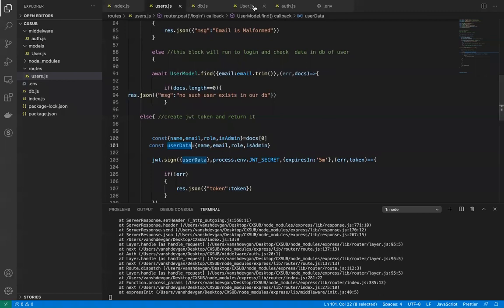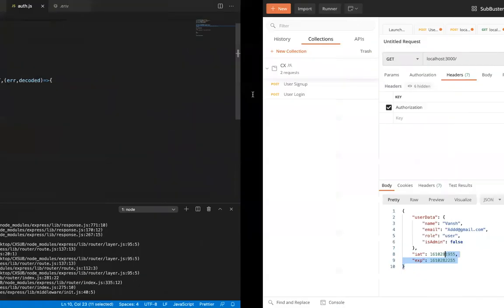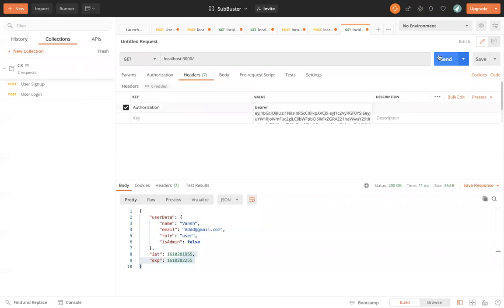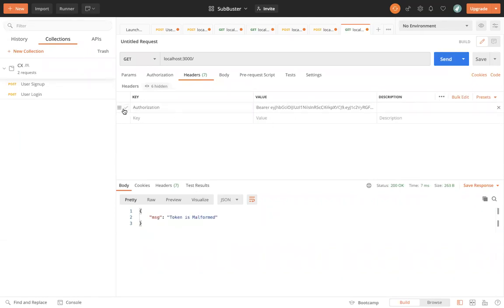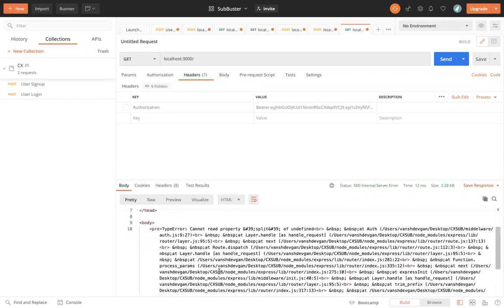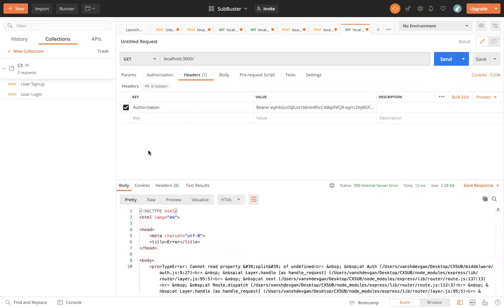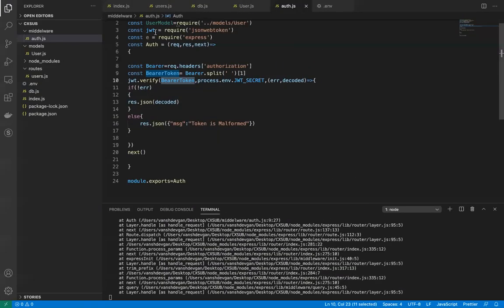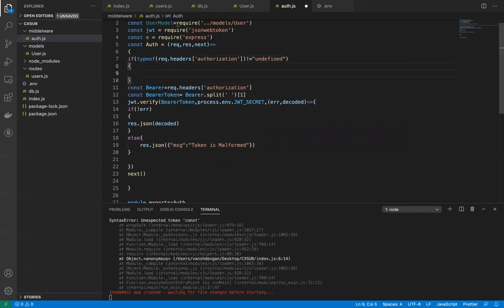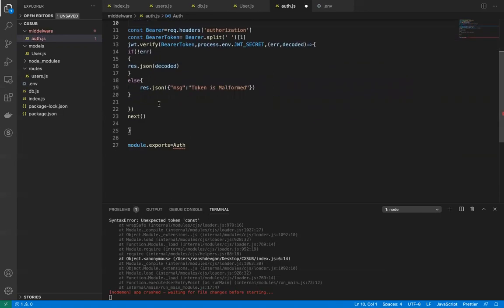Now we have implemented the authentication route as well. If we try to manipulate the token, we get token is malformed, and if we remove the token header, then we get this error. So we need to fix this. It's simple. We will add something like if typeof request.headers.authorization is not equal to undefined, then only we run this, otherwise we do not.